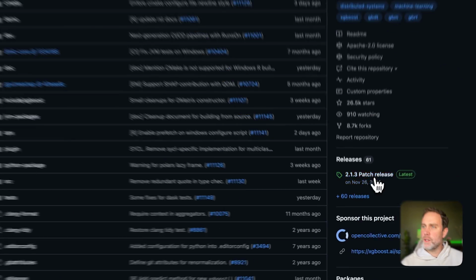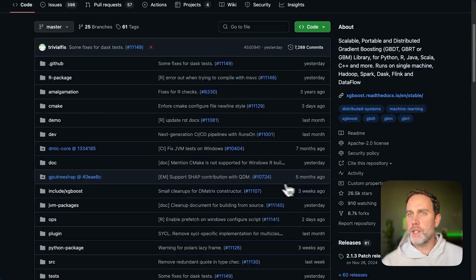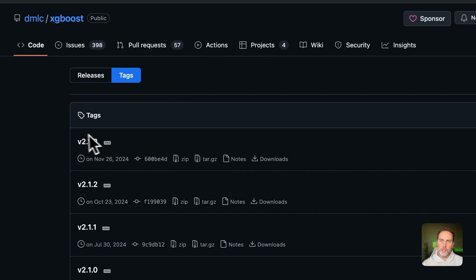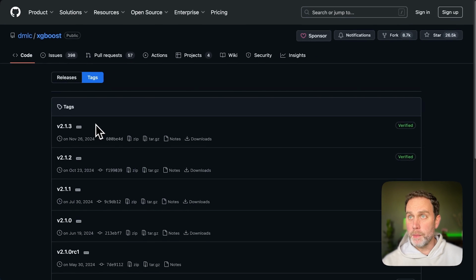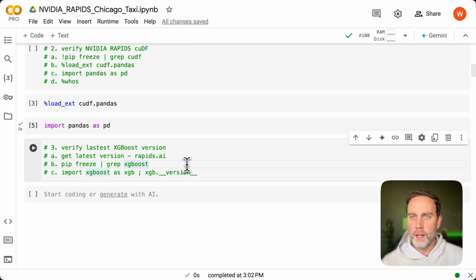Scroll down a little bit and you can see 2.13. This is the latest version. Another way to do that is to go to tags. And again, 2.13. Let me close that, close that. All right, so now that I know that 2.13 is the latest version, again, I can run this pip freeze,